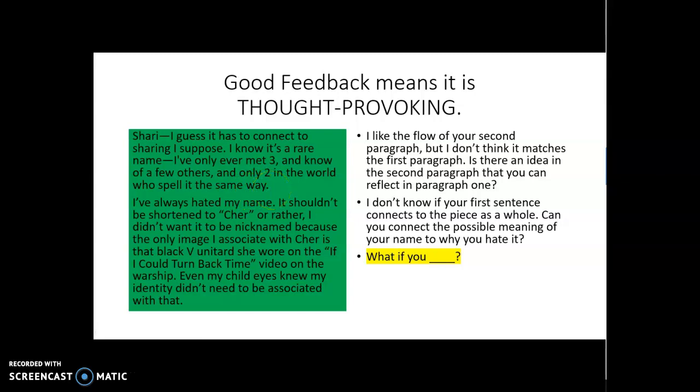You know what? You're right. I didn't notice that. So what changes should I make up here? Or what changes should I make down here? Just because they tell me that something should be changed in paragraph 1 doesn't mean I can't change paragraph 2 to match paragraph 1. It's all about what I want to do as the writer.